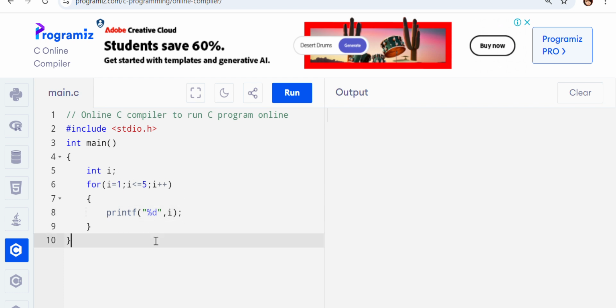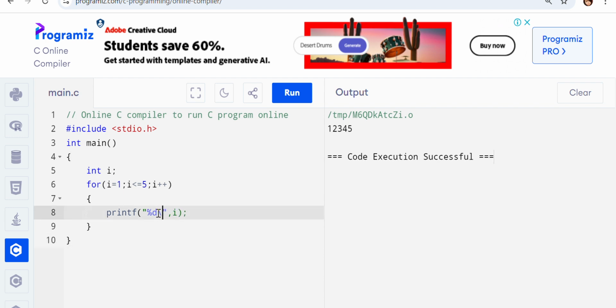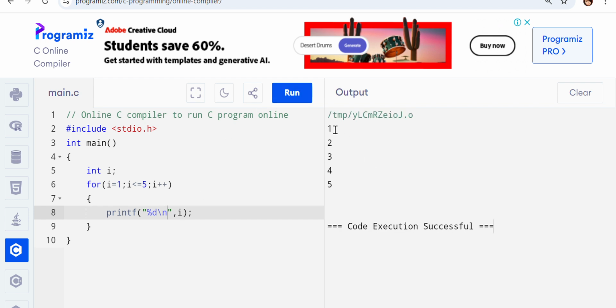So I'll just start executing. You can see 1, 2, 3, 4. If I want to have a new line, you can just give a new line, so you can just check it. See, 1, 2, 3, 4, 5. Got it. If you want to display in the reverse order, then you can